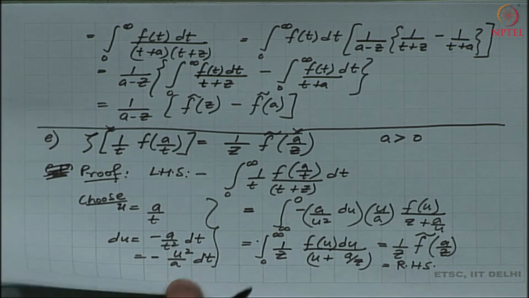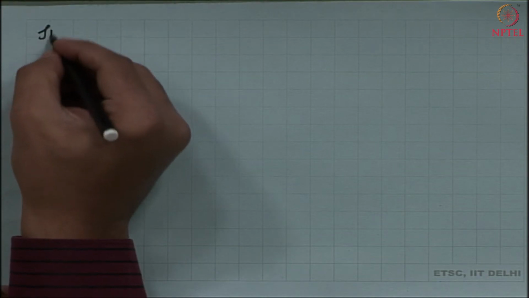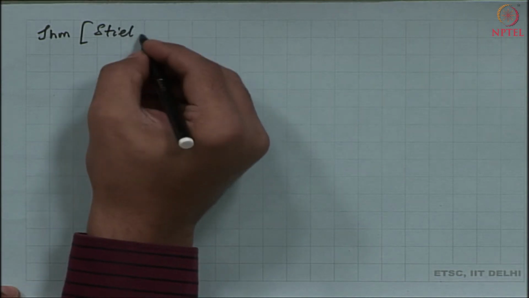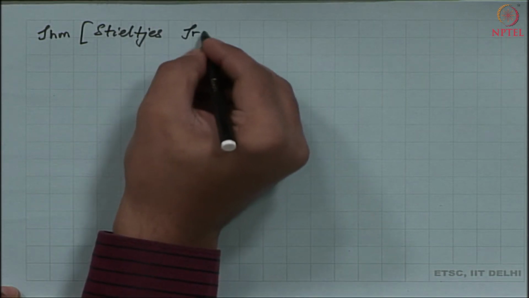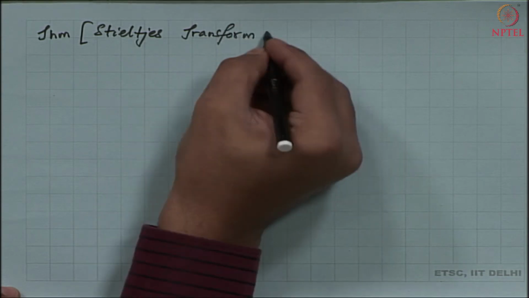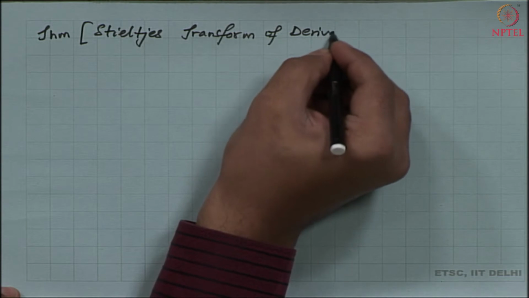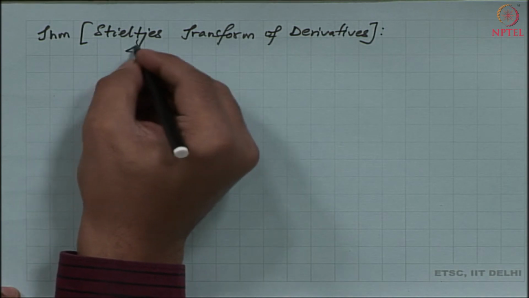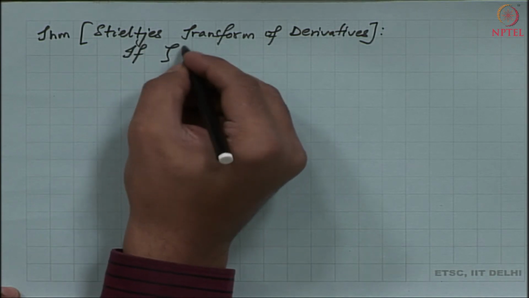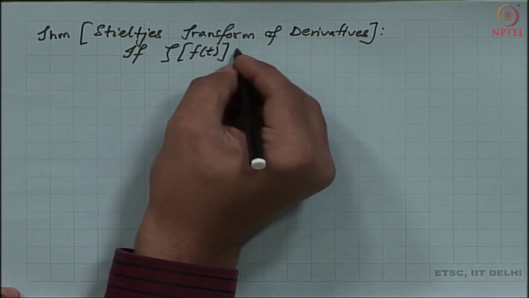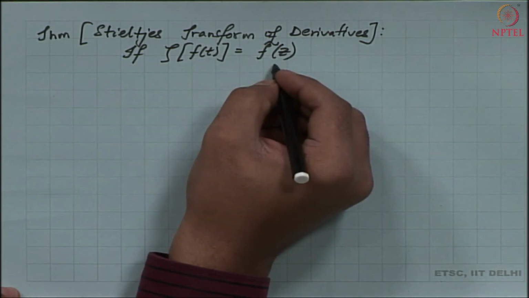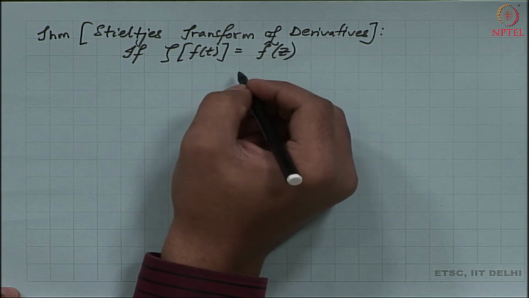Okay. So, I have some properties of the Stieltjes transform related to its derivatives. I state it as a theorem. The theorem is about the Stieltjes transform of derivatives. The result says that if the transform of f is denoted by f tilde, let me just highlight by saying that I denote my Stieltjes transform of f by f tilde, then